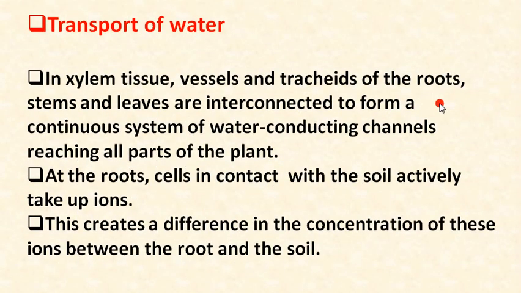Okay, now transport of water. Especially we are going to study how water is transported. So in xylem tissues, vessels and tracheids of the root. Tracheid is a type of cell which contains the water and transports the water. So the xylem tissue, vessels and tracheids of the roots, stems and leaves are interconnected. Interconnected means they are connected between. To form a continuous system of water conducting channels